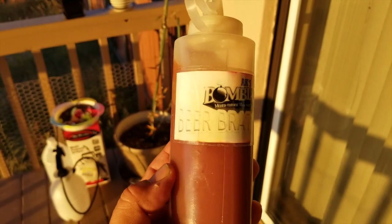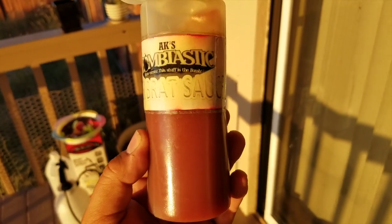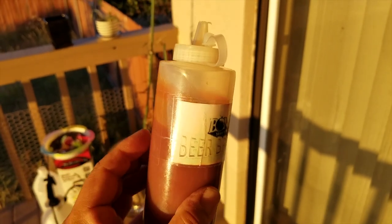Okay. This is the beer brat sauce that we're going to put on our brats. Even my 10-year-old goes crazy over this. I will have the recipe for this, as well as the